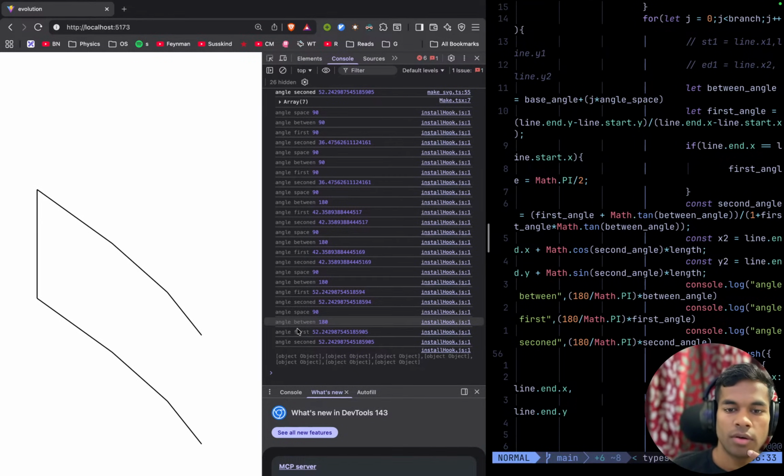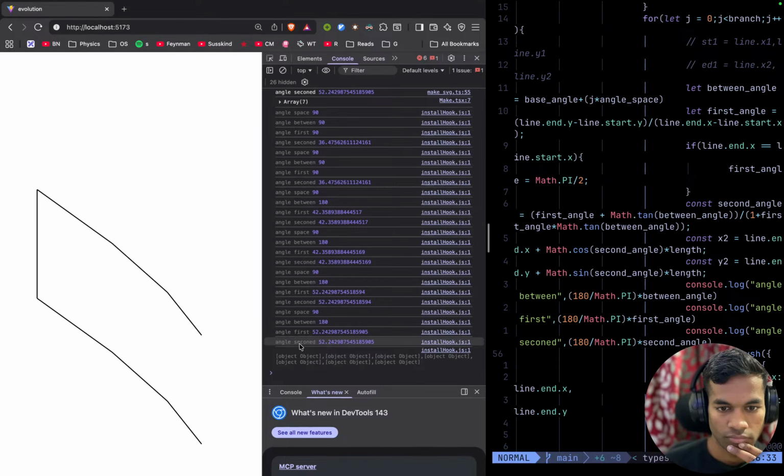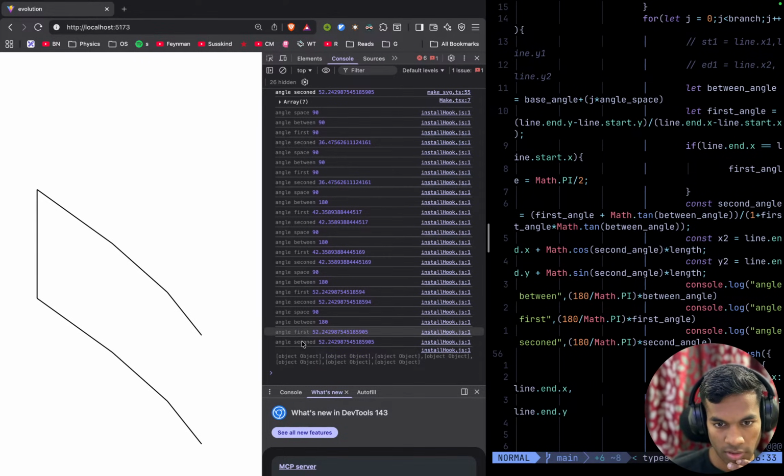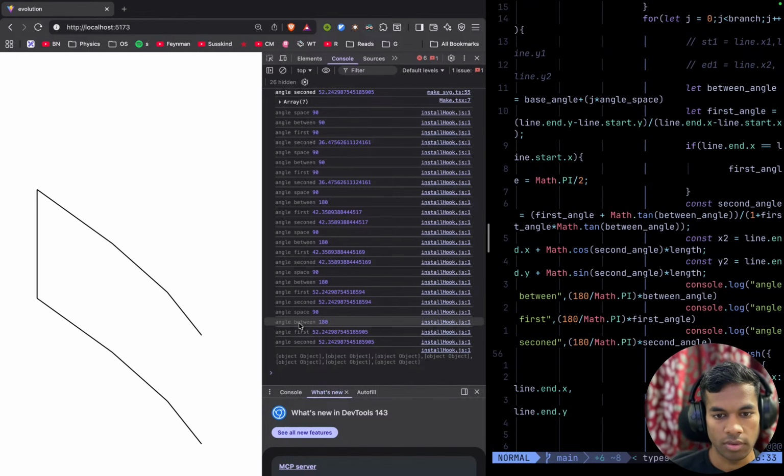Angle between, 180 degree. Yes, 180 degree. Yes, correct. And first angle is 52. Angle second is also the same, which is correct. So the slopes of both the lines are same. Yes, because they have an angle of 180 degree between them,